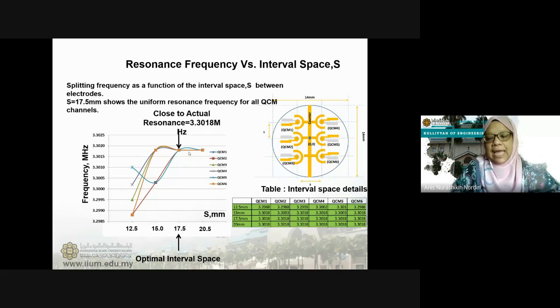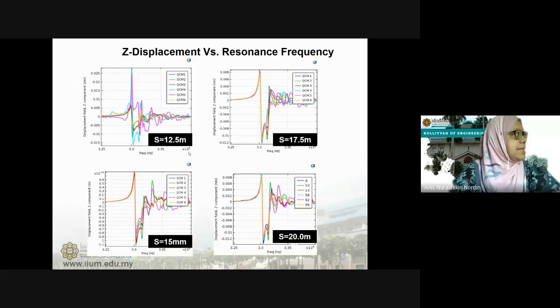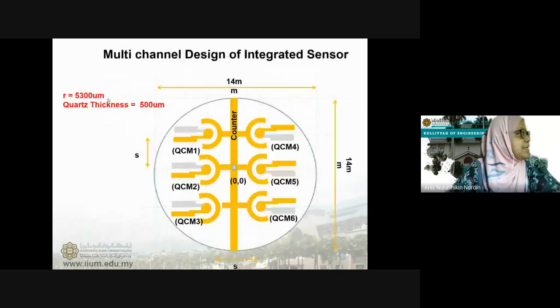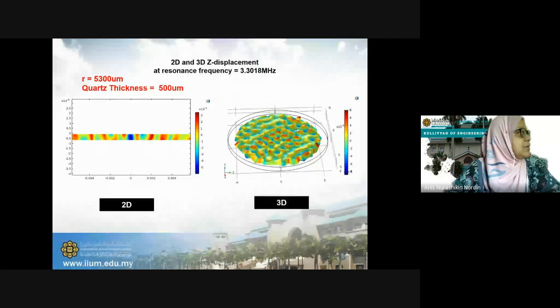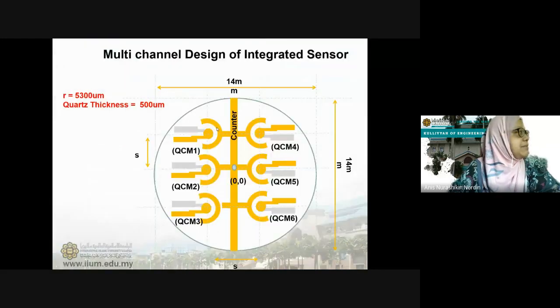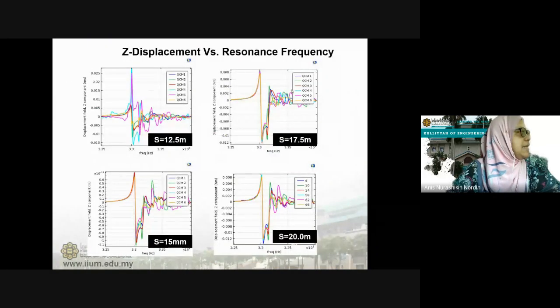Okay, and you can also graph the displacement. This is the displacement. This graph before this one, you can also measure the displacement here, and you can see this is the spacing. You can vary the spacing, where the spacing is 12.5